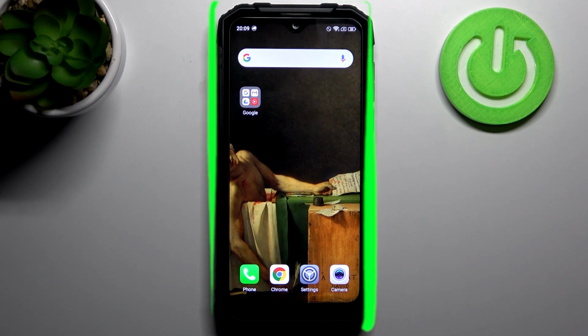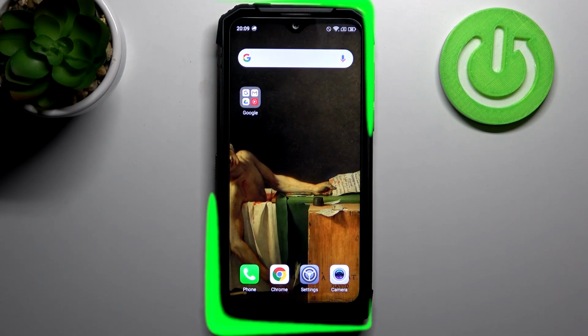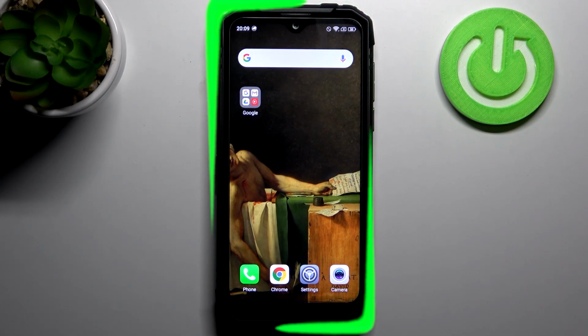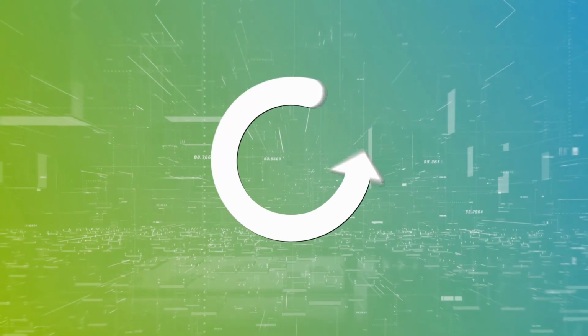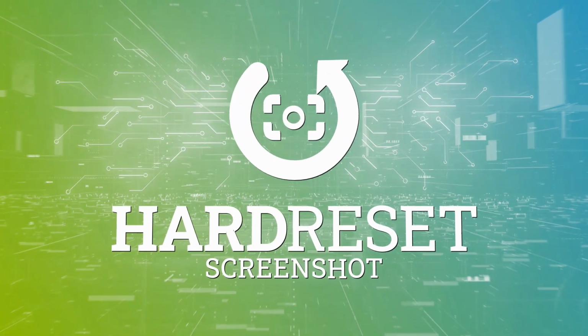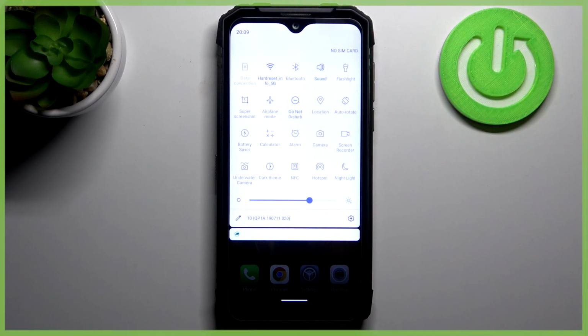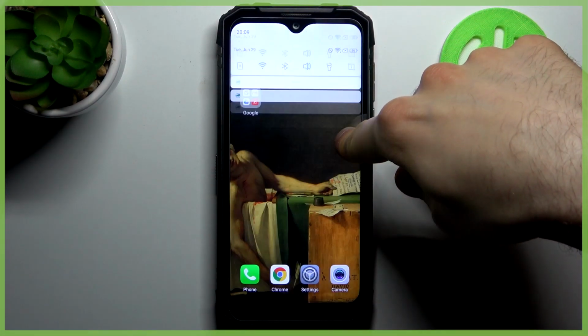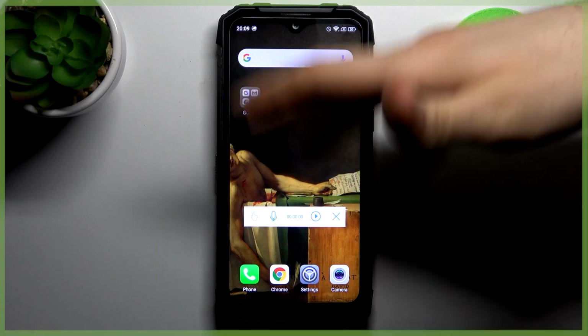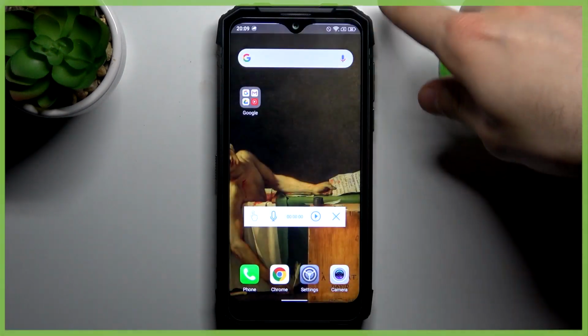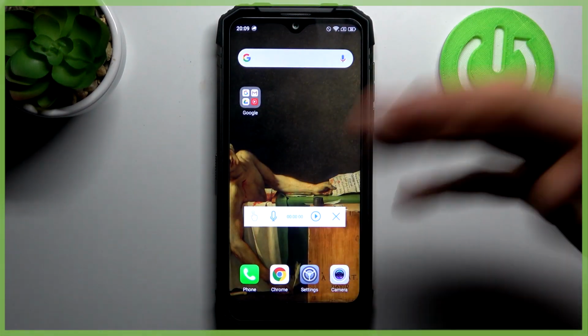Here I have DOOGEE S96 Pro, and today I'm going to show you how to record screen on this device. So to record screen, just go to the upper bar, and here you have the button Screen Recorder. By holding your finger on it, you can't access any settings. You tap on it and you will summon this